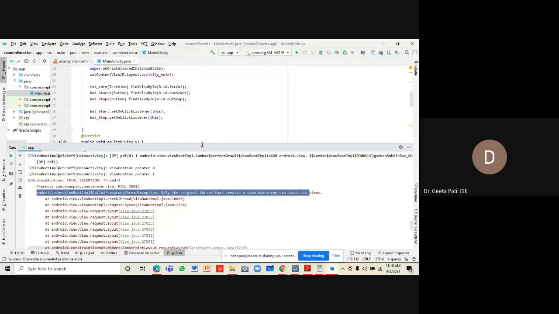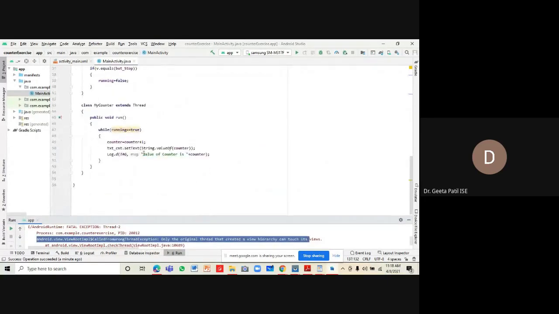Okay, see, in this program, where are we changing the label of the text view? We're changing the label of the text view in my counter function, which is a separate thread. In this separate thread, we are incrementing the counter and changing the view, the label of the text count view, which is not possible. That is why we have got this error, which says that only the original thread that created the view hierarchy can